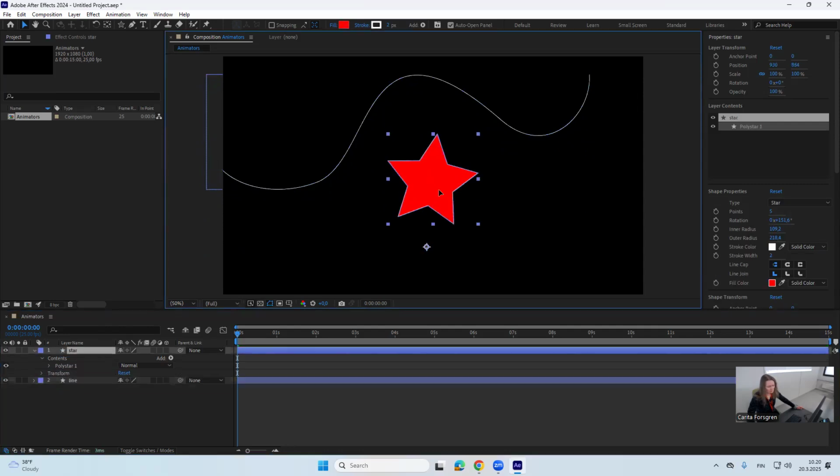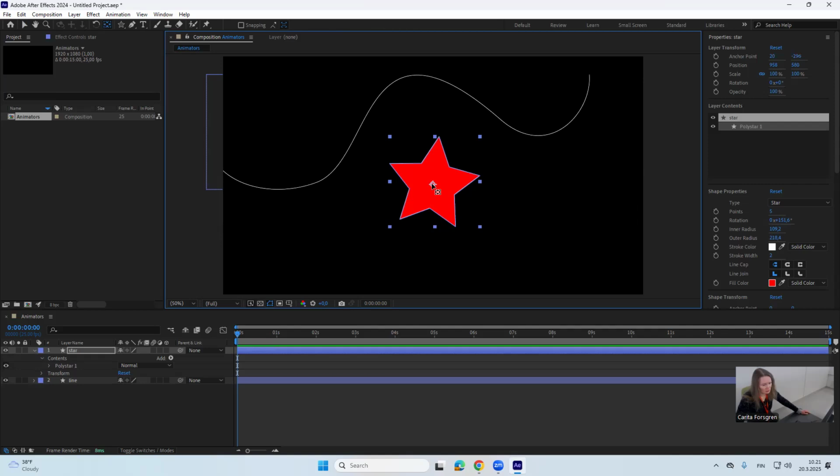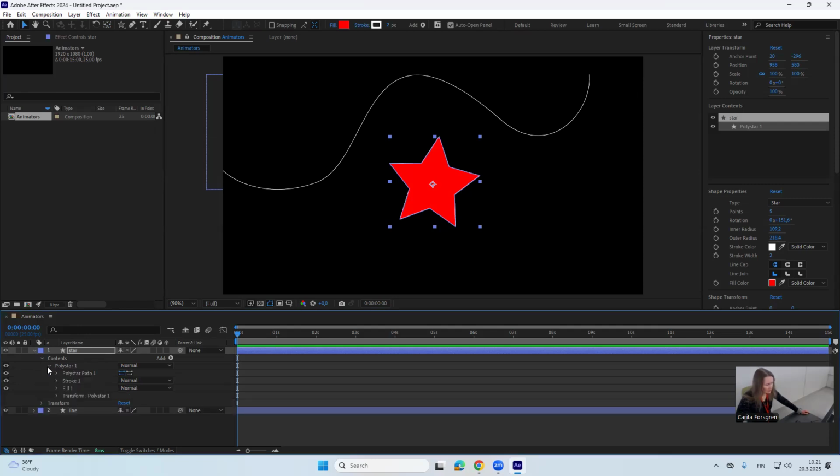And there's my star. And by the way, I made the star not in the middle of the layer, so now the pivot point is over here. So I think I'm going to move the pivot point into the middle of the star. Not so important as such, but maybe more comfortable. Okay, so when I open up the contents of this layer, I can see here polystar path, and